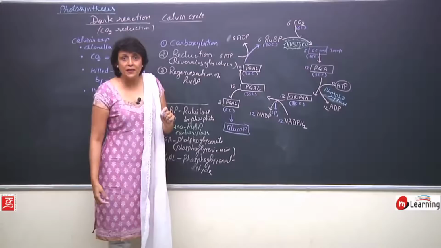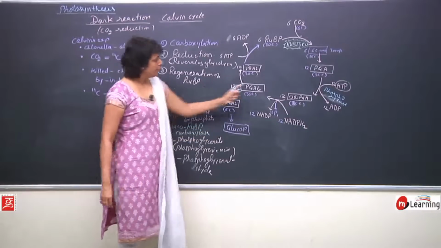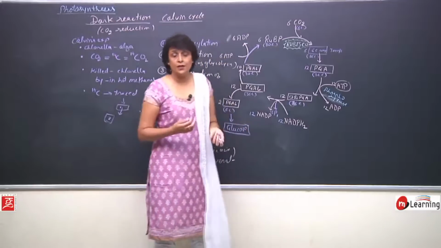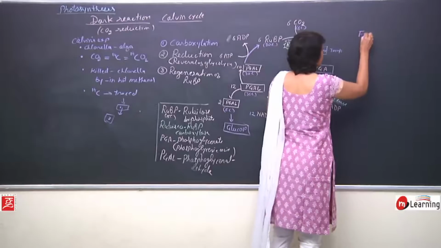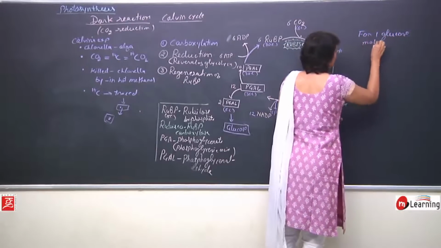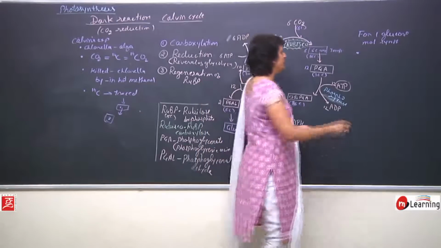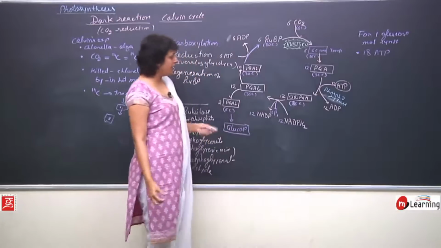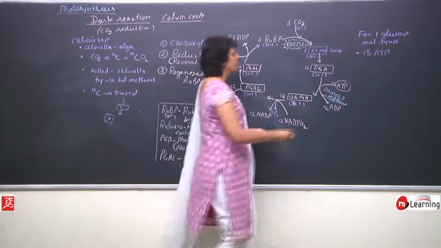How many ATPs are required to synthesize 1 glucose? 12 ATPs here and 6 here. So the total, like we need to see how expensive it is to synthesize 1 glucose. So for 1 glucose molecule synthesized, we need 18 ATP. 18 ATP are required. And how many NADPH2? In the entire cycle there is only one place where we need it. So 12